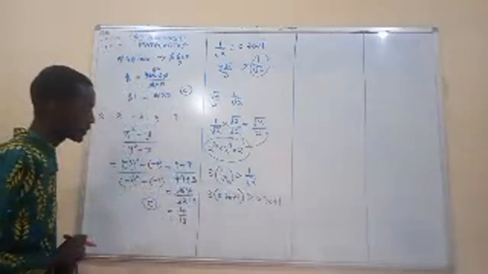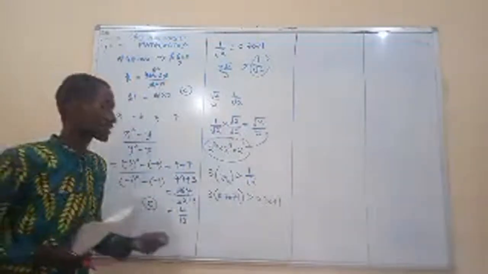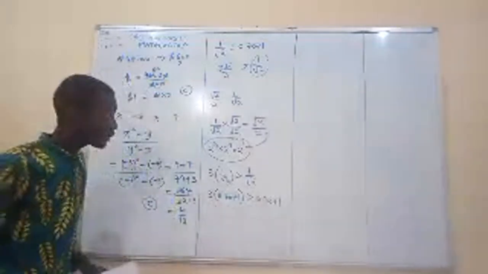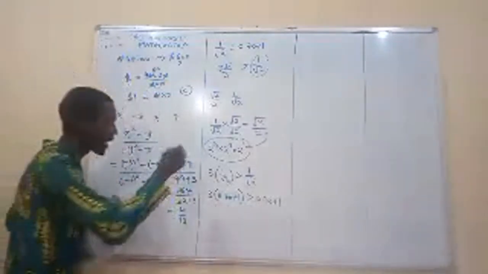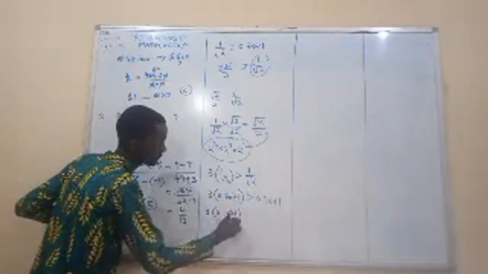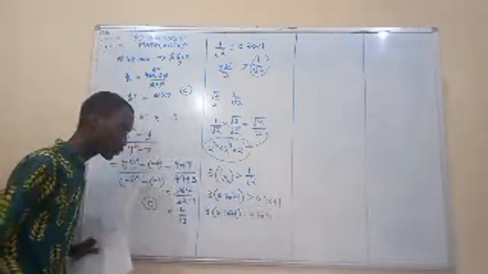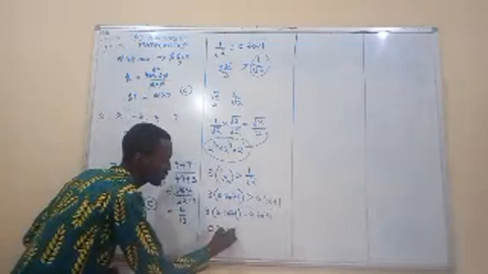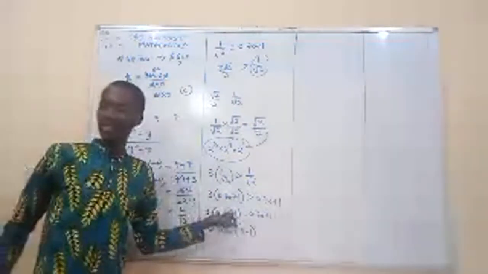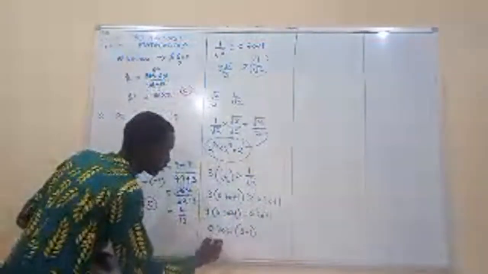0.7071, rather. So what do I do? Some of you will just punch a calculator and say this times this, and then whatever you get, you subtract from this. But if you remember your knowledge of factorization, I could say that this is 3 into 0.7071 minus 0.7071, which would be like 0.7071 times 3 minus 1. 3 parts of this minus 1 part of this. And that will give you 2 times